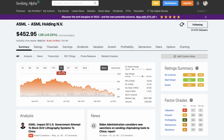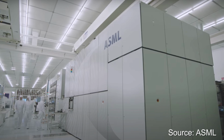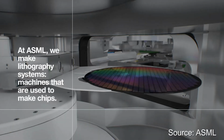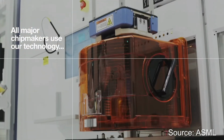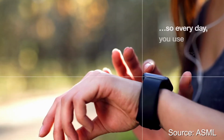I'm going to give you an updated ASML stock analysis today. ASML is the leading photolithography system maker in the world. ASML is known for making the most advanced deep ultraviolet DUV and extreme ultraviolet EUV systems. These DUV and EUV lithography systems are used by chip makers such as TSMC, Samsung, and Intel to make the